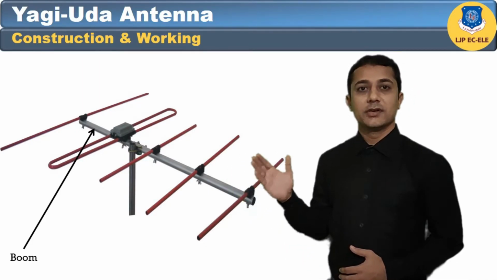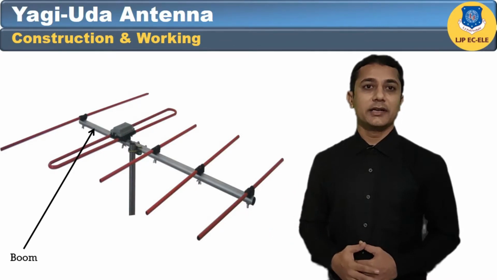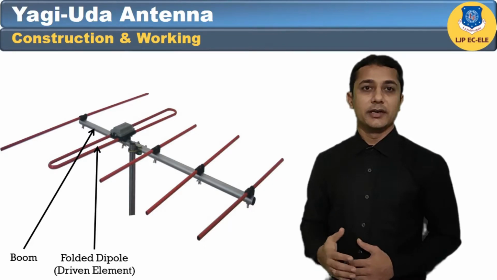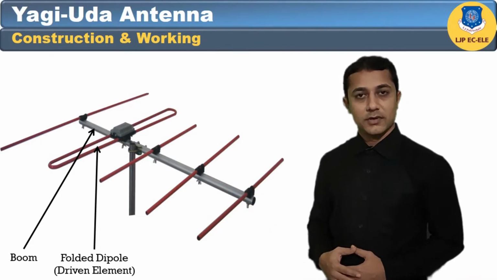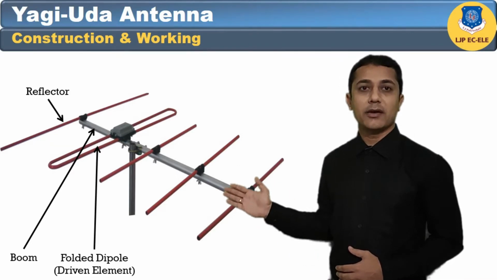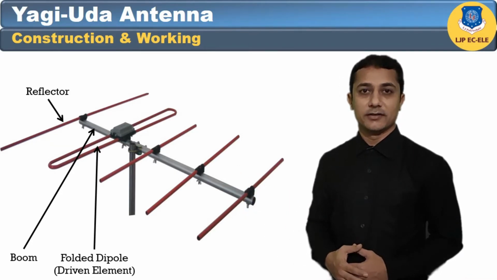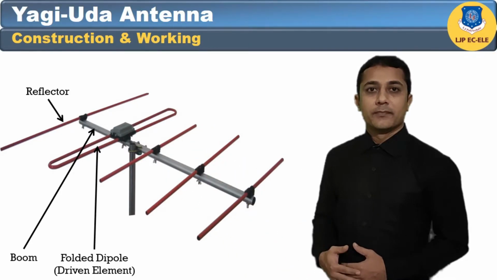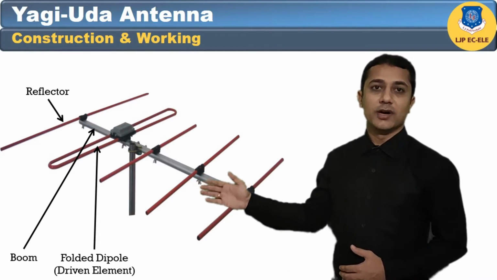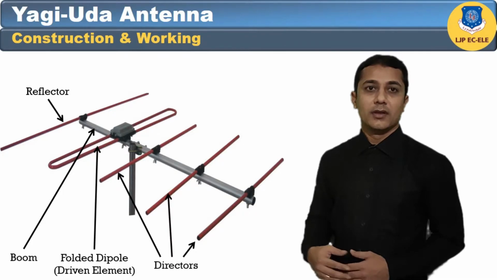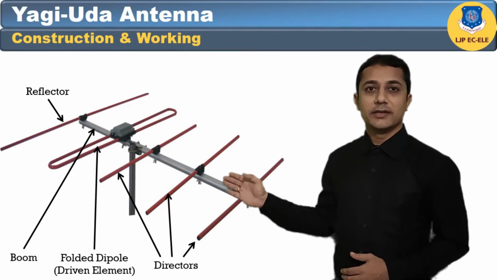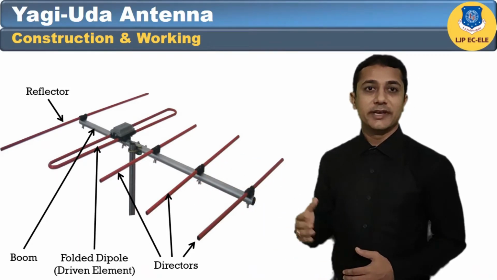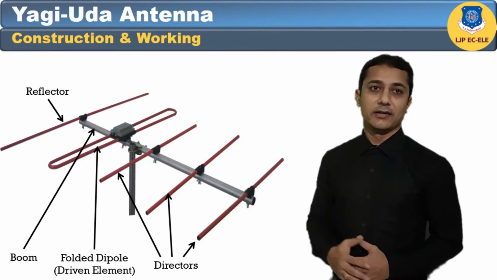The element to which a thick back stud is connected is the driven element, to which the transmission line is connected internally through that back stud. The single element present at the back of the driven element is the reflector. So this is the reflector at the end of the antenna, which reflects all the energy towards the direction of the radiation pattern. The other element before the driven element, that is above the folded dipole, is called the director, which directs the beam towards the desired angle.